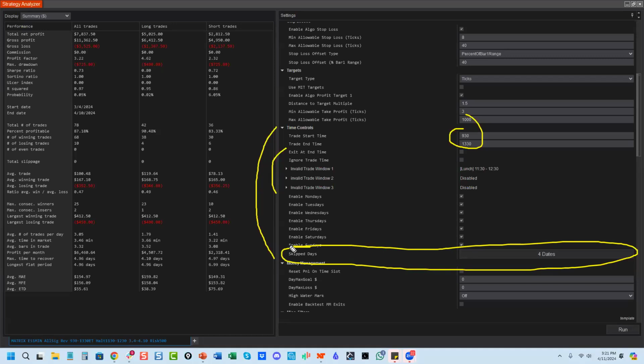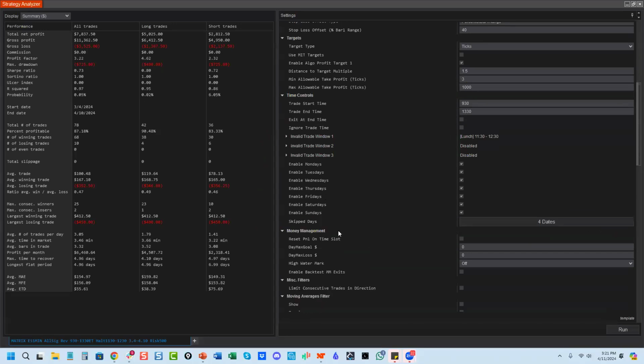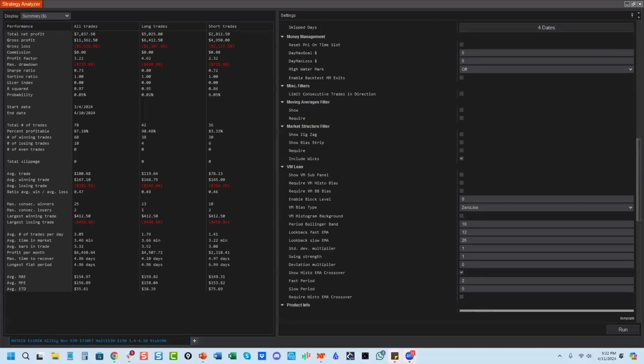You've got a backtest and you want to run it, and you've got Martin Luther King Day, and then you've got a day where there was an Easter weekend, and it just screws up your data. When I say we rebuilt Ninja, we rebuilt it. There is nothing in the business that operates like this in the algorithmic section. Then we added a money management section. Then we added trend and momentum filters so that you can use trend filters, market structure filters, and momentum filters for direction or reversals.